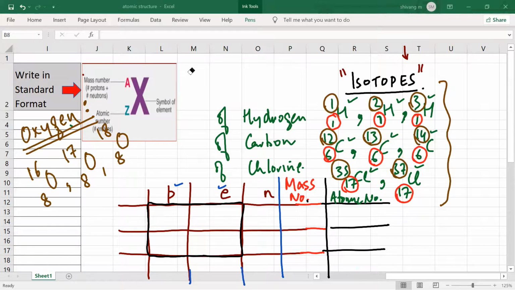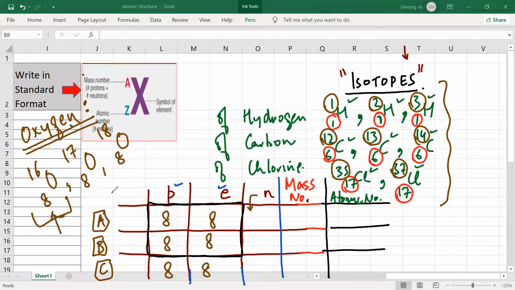Yes, Mr. Satya. What should I write here? So it would be 8, the proton number. What should I write here? 8. Yes, 8. Now, what would be the neutrons? The information would be given, right? Arre bhai sahab, I have given you this information. Now I can ask the number of neutrons. Have you understood? Okay.